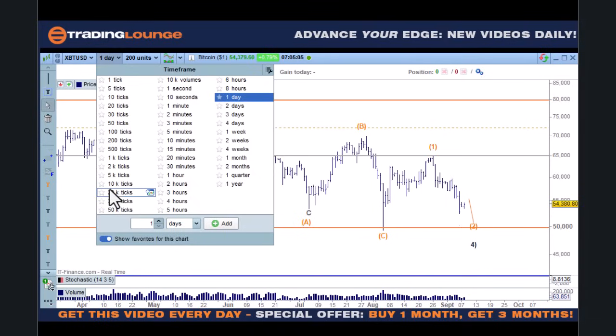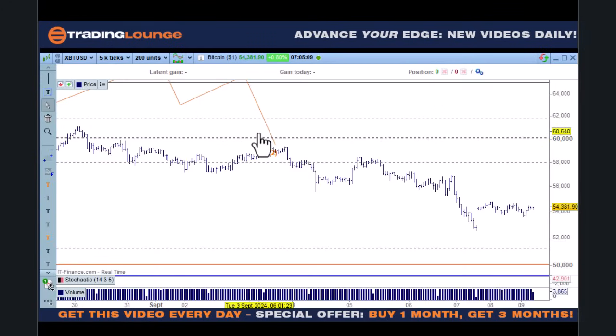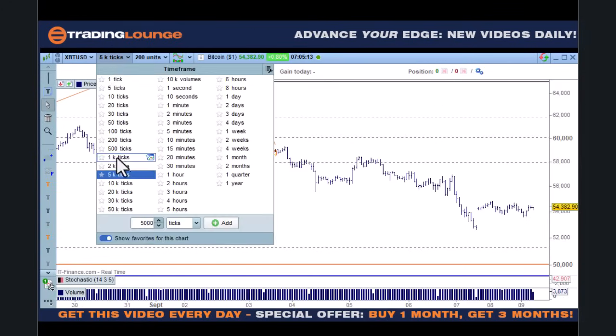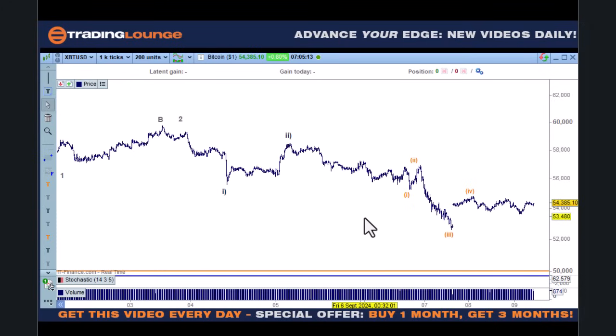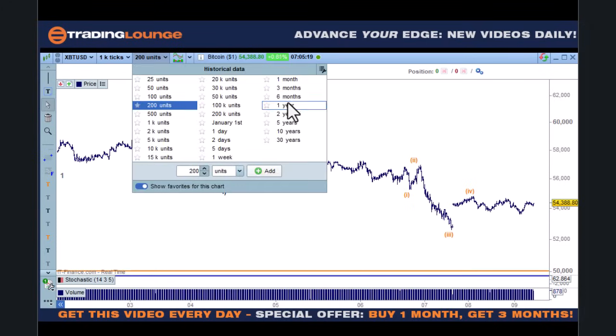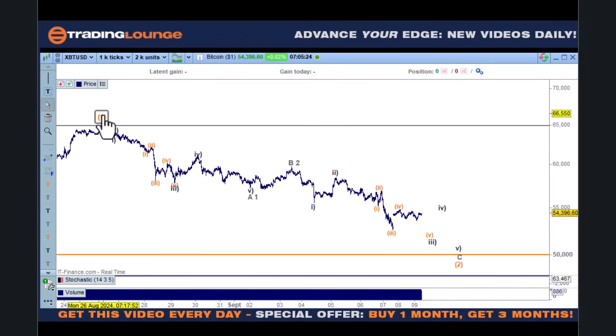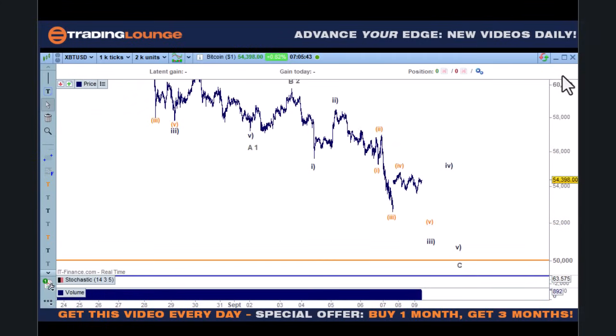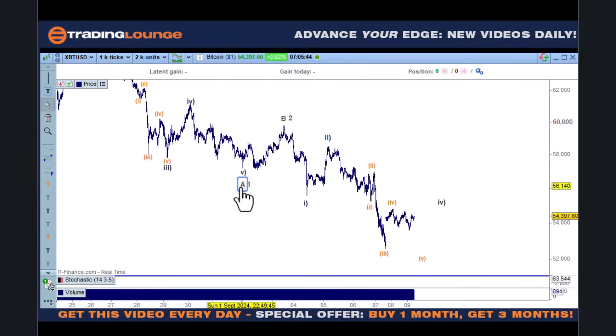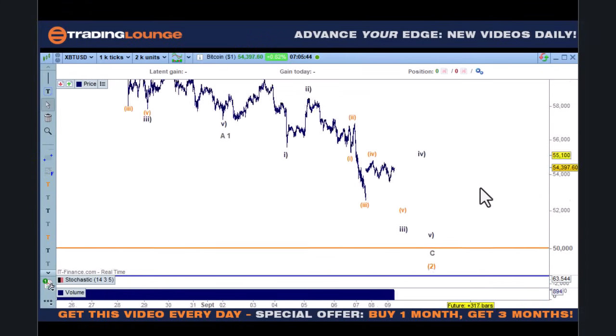Now I don't know if I've updated this on any of these, so let me just have a look at 1000 ticks here. Okay, so let me just bring this in here a bit further. So if we're looking at wave 1 top over here, we can look at all of this down here as wave A, and then B, and then 1 and 2, and then 1, 2, 3, 4 here. That might need to go over here. So wave 4s get a bit complicated, but down for wave 5 of 3 and 4 and 5. So very much like the NASDAQ to finish off here in that case, if I looked at it as an A and a B and a C wave down here.